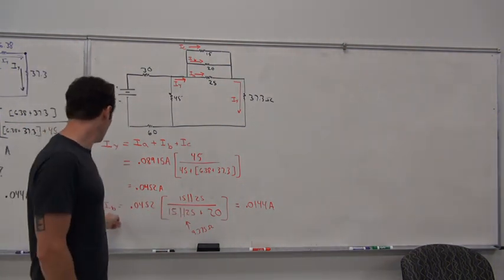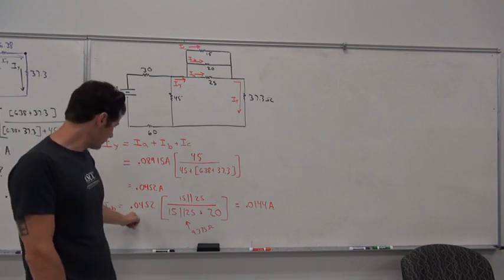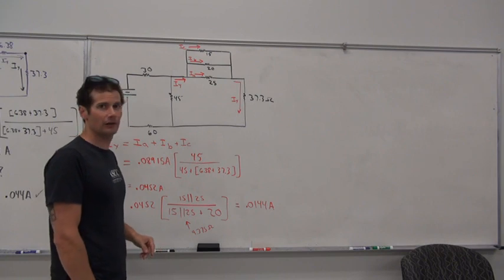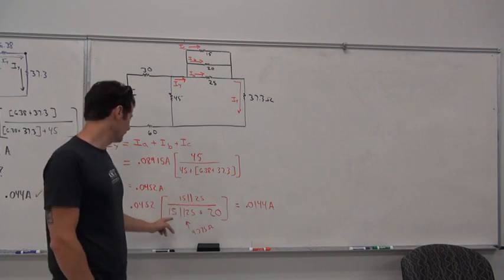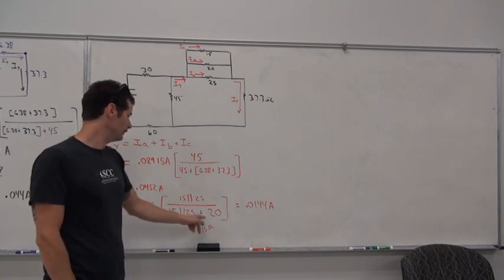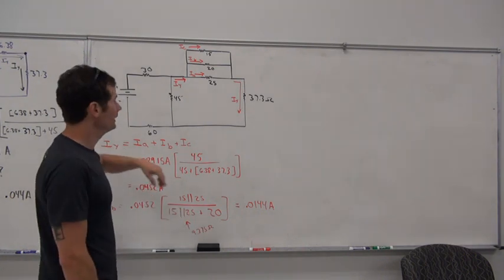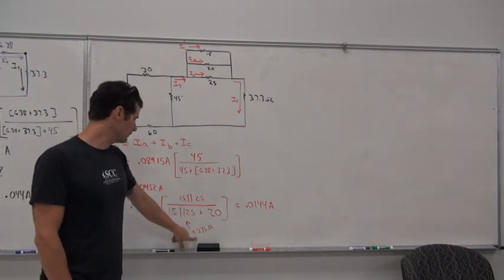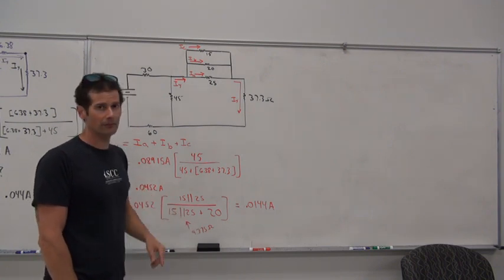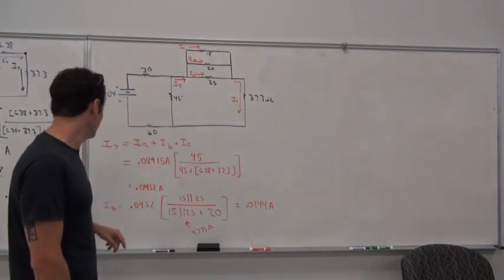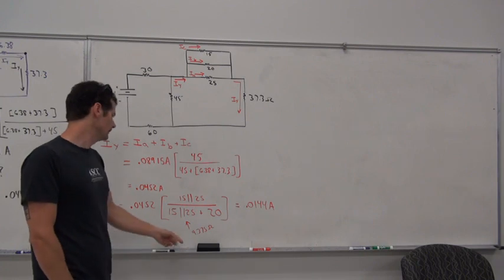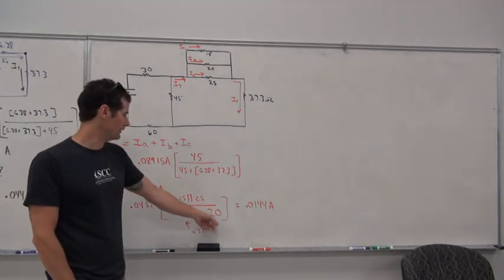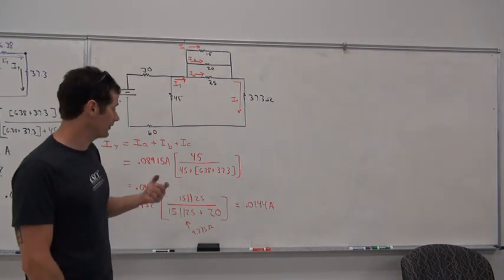So here Ib is simply going to be equal to 0.0452 times 15 in parallel with 25, over 15 in parallel with 25 plus 20. Remember, because opposite resistance goes in the numerator. That value came out to be equal to 9.375 ohms. So if we say 0.0452 times 9.375 ohms over 9.375 plus 20, that gives us a current of